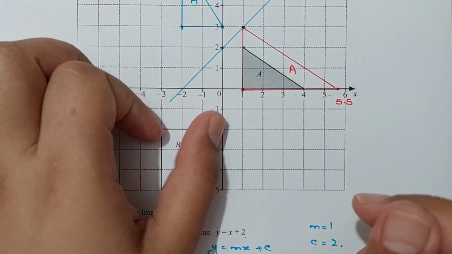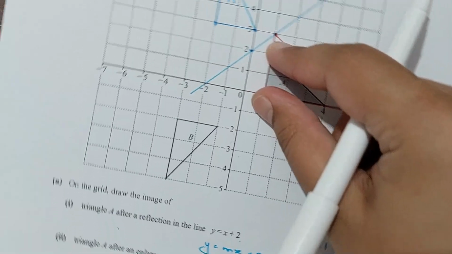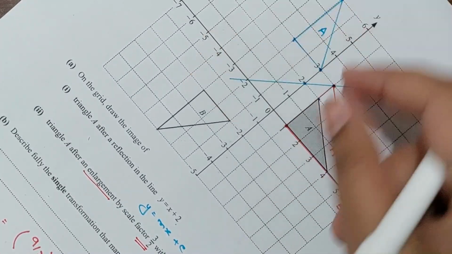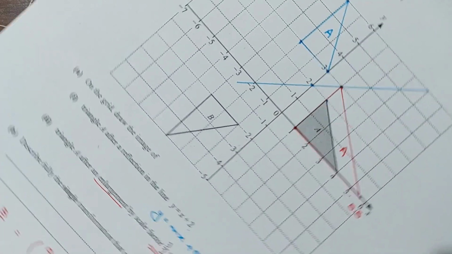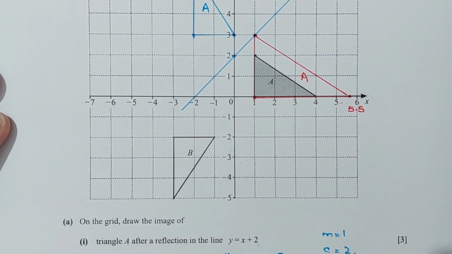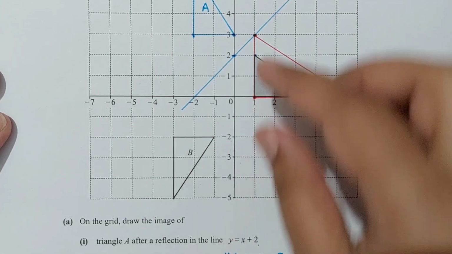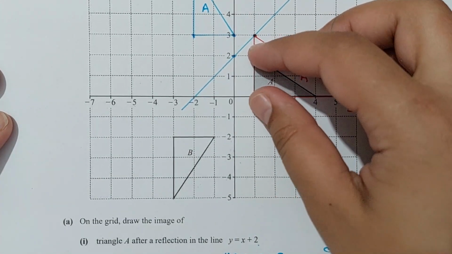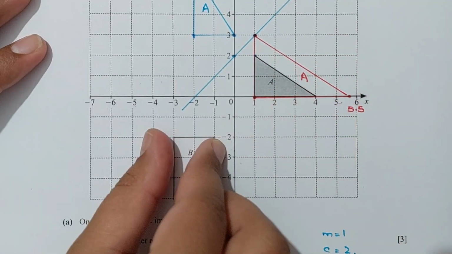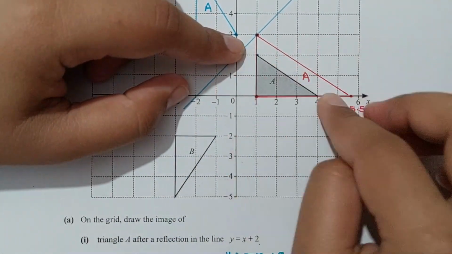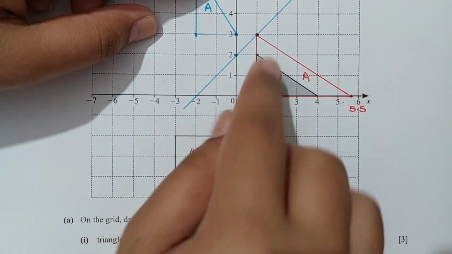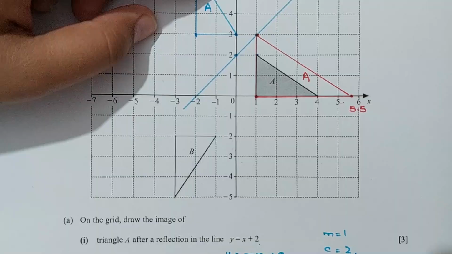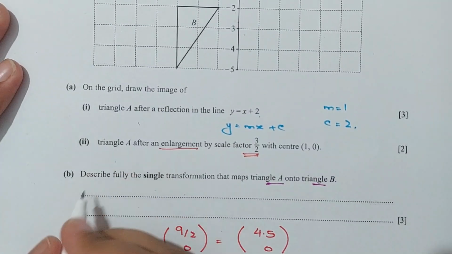If we rotate it, I guess it is a 90-degree anti-clockwise rotation, or a clockwise, if this is the edge point. You can say this is the slant height point. If we rotate it, it stays the same. 90-degree clockwise, we have to find the center of rotation, right? So it is a rotation,